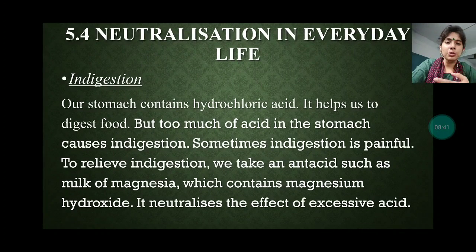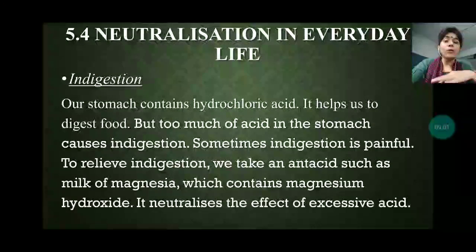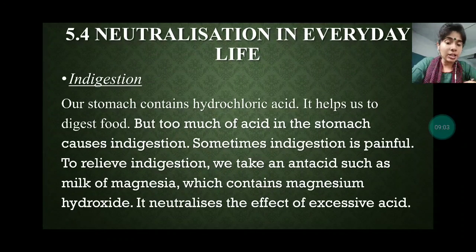We have always observed in our daily life, sometimes we get a lot of pain in the stomach, something is coming out, we feel that we will now vomit or something like that. Then what will happen? Because of the food we have eaten, which is more acidic in nature, and our stomach is already acidic because of the HCl. Then if we eat even more acidic food, then what will happen? The stomach will get more acidic, and that's why we feel the pain.